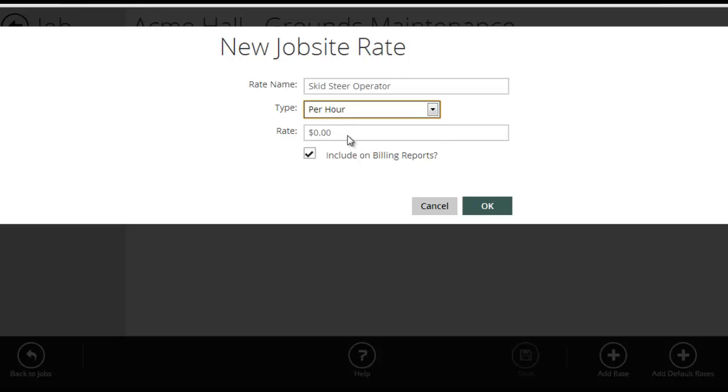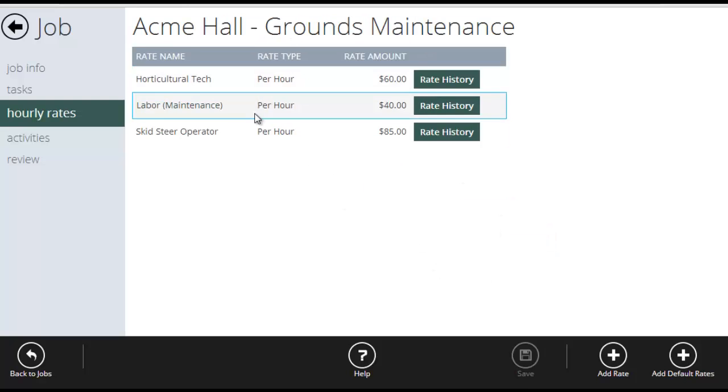Most of ours are going to be by the hour, and then we're going to specify the hour here. So my rate for a skid steer and operator, maybe $85 an hour. Yes, I want to include this on billing reports, and I hit OK. Now that's available. When the crews clock into this job, under any task here, now the key part is under